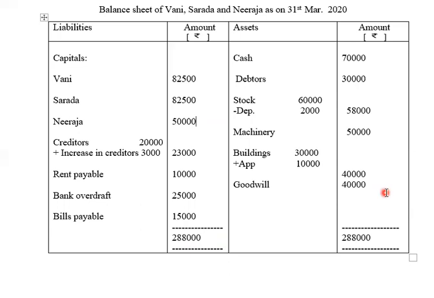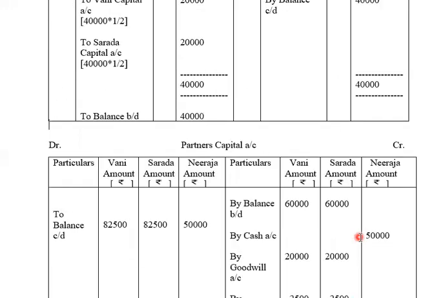Let us do the total on asset side. 70 plus 30, 1 lakh, 1 lakh plus 50, 150 plus 50, 2 lakhs, 2 lakhs plus 40, 240 plus 40, 280 plus 8, 2,88,000. The total on both the sides of liability side and asset side is